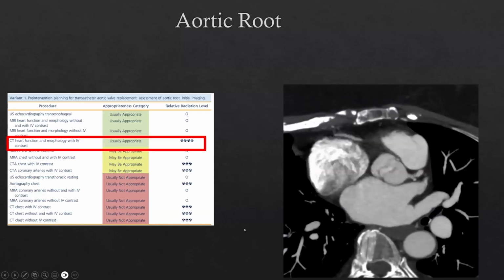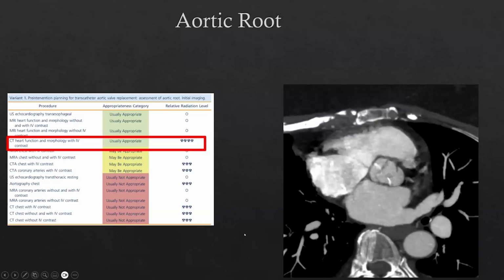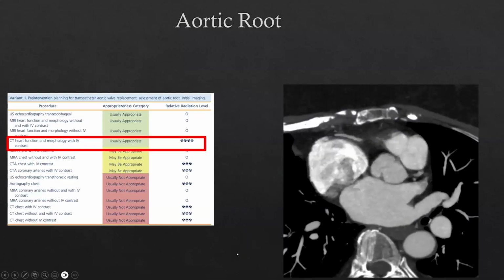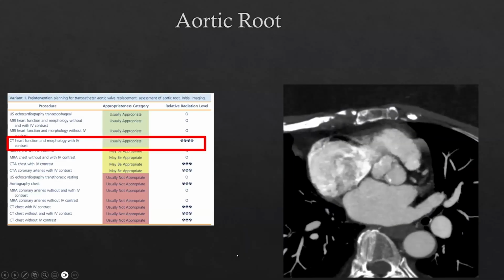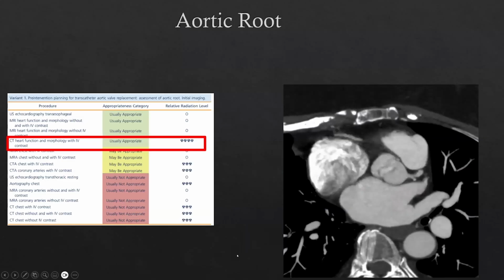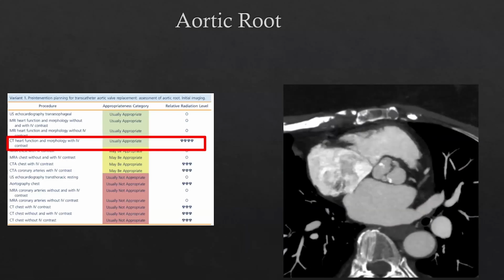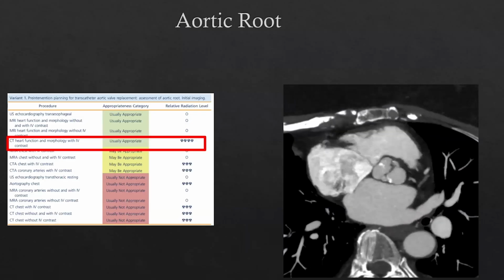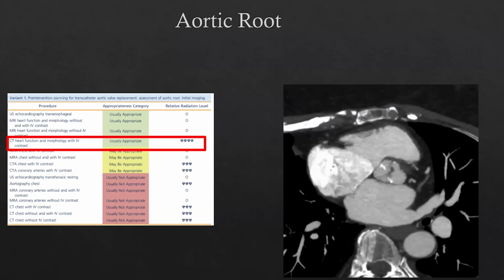Also of note, this cardiac CT is different from a normal coronary artery CTA looking for coronary artery stenosis and CAD-RADS, in that we don't typically give beta blocker or nitroglycerin in order to slow the heart rate down and vasodilate the coronaries. This is mostly due to the fact that nitroglycerin is contraindicated in patients with severe aortic stenosis because we don't want to decrease their preload and further worsen their potential symptoms, as they cannot compensate for preload reduction.